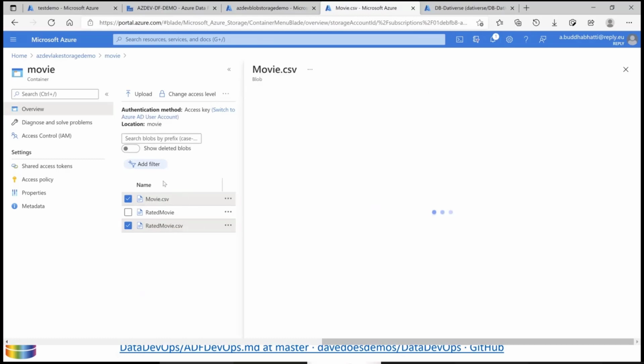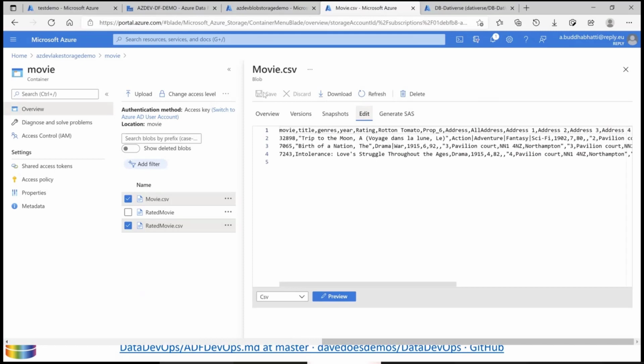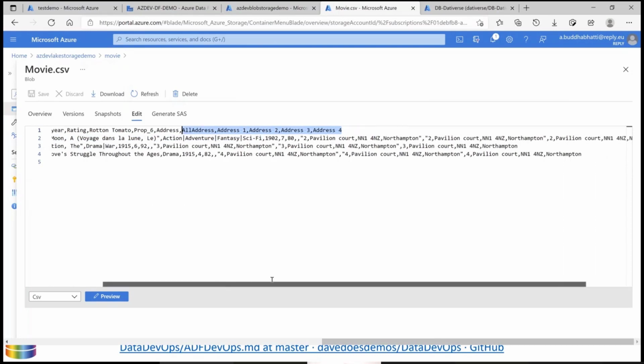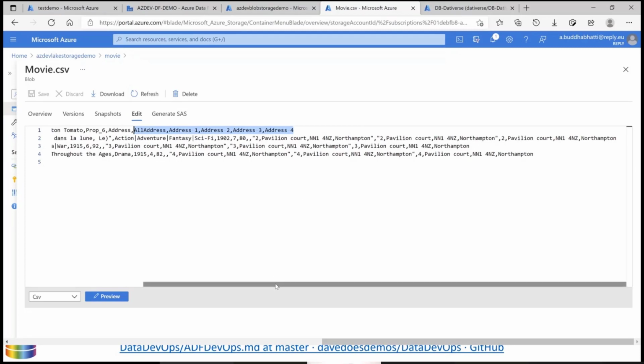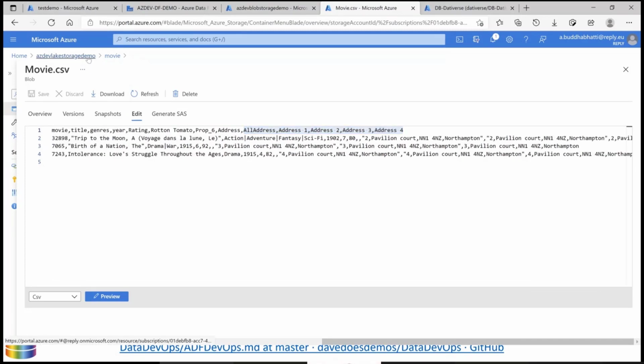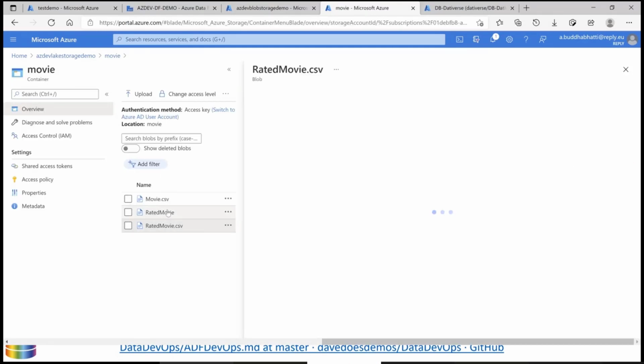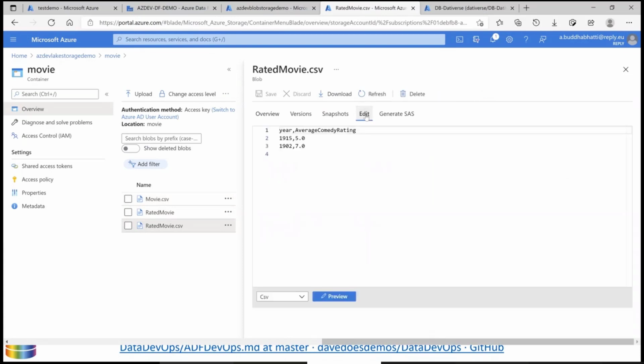Here you can see the data, they have all the data, and now you can see that it has address 1 to address 3 as well, and it has individual values, line number 1, address number 1, and so on. So that is one transformation, and here you can see another one, which has fewer rows because I have an aggregation function here. I'm interested in the year, movie year, and average rating for that year. And this information I'm inserting into an Azure SQL database.